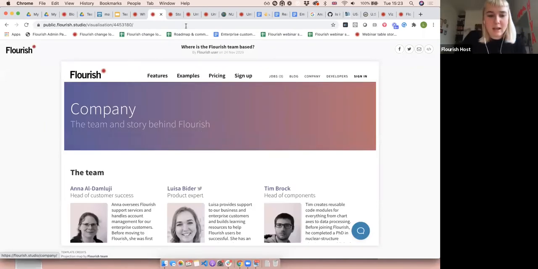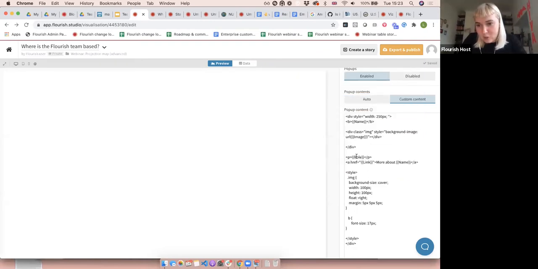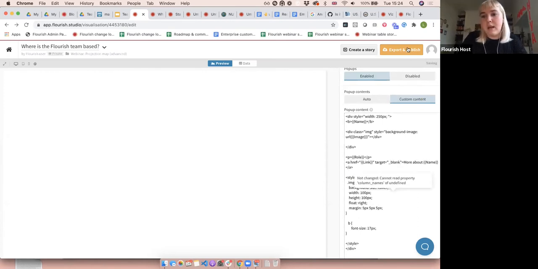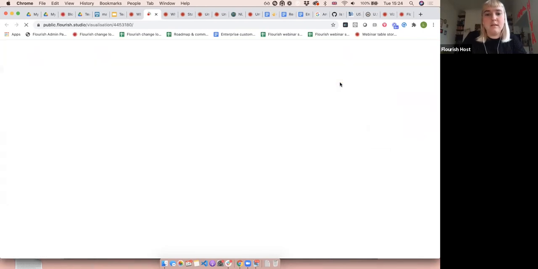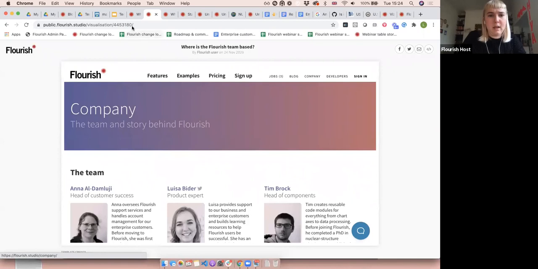That seems to be an issue with the template because it should open it in a new tab by default, but I could also just add that here. Target equals underscore blank, and then it should open it in a new tab. So if I do that again, then that,